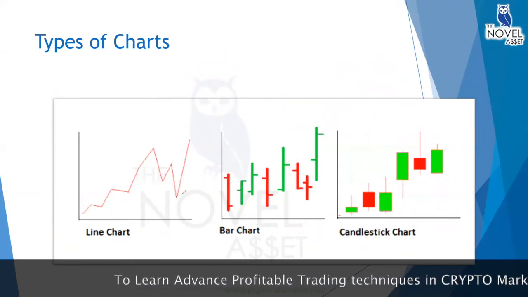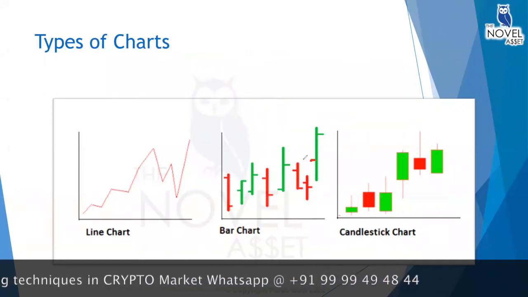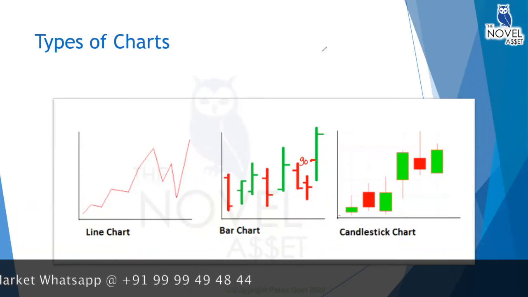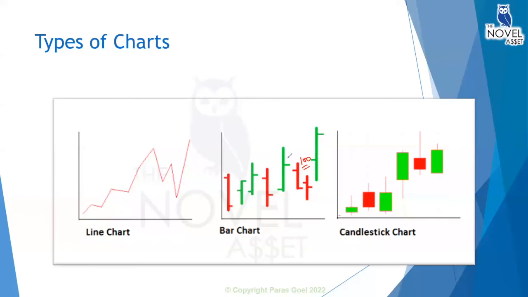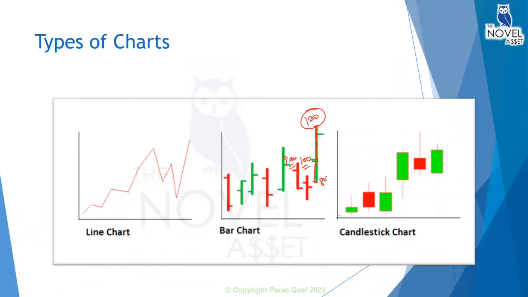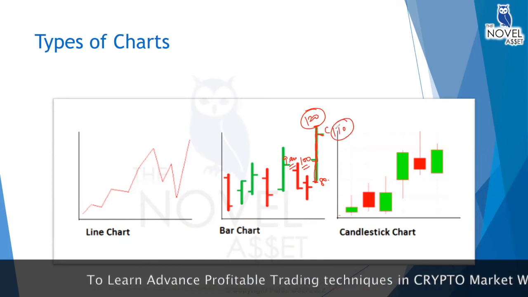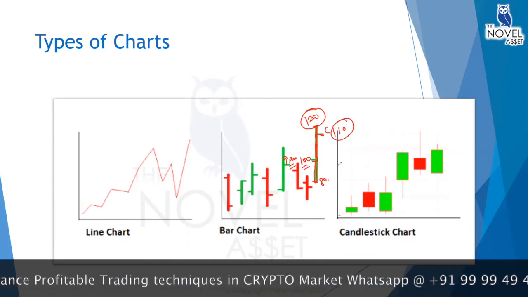So in the same example, let's say a green bar or a green candle, how will it be made? This first thing is my open price, which started at 100 rupees. So in the same example, we started at 100 rupees. Okay, so at 9 a.m., my open price was around 100 rupees. The price started going upside and went up to a high of what? 120 rupees. Then the price started going downside and made a low of what? 80 rupees. And then the price started going up and closed around 110. This was my example, right? So now you understood how this bar or candle will be made.